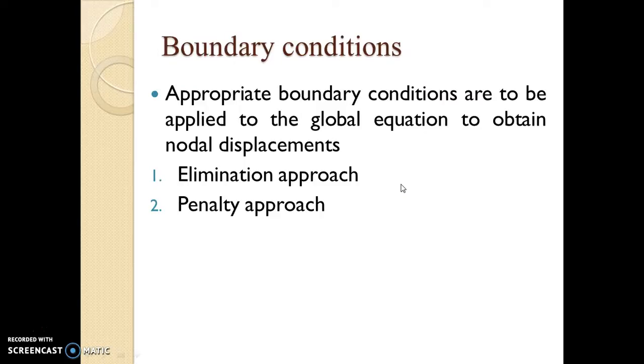Then after this, we have to apply some boundary conditions, where the appropriate boundary conditions are applied to the global equations to obtain the global displacement. And there are two types. The one is the elimination approach,